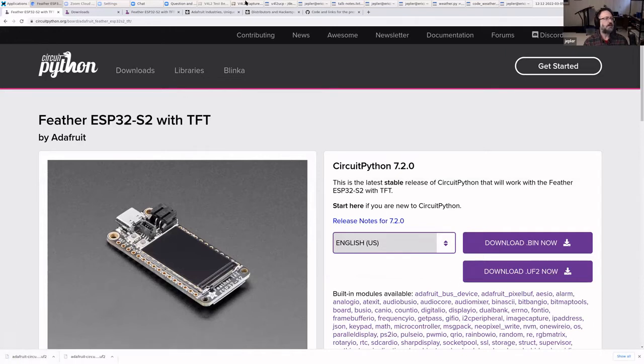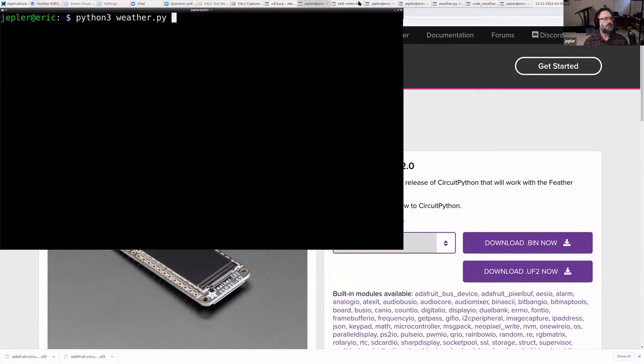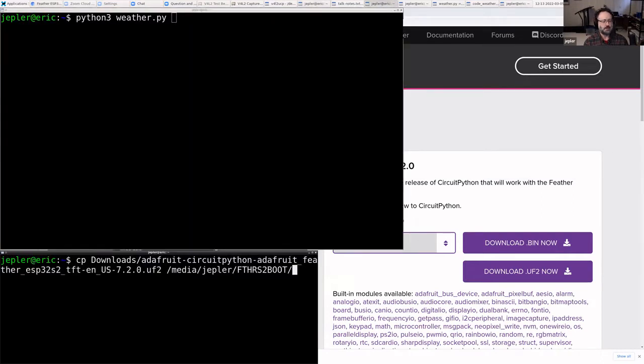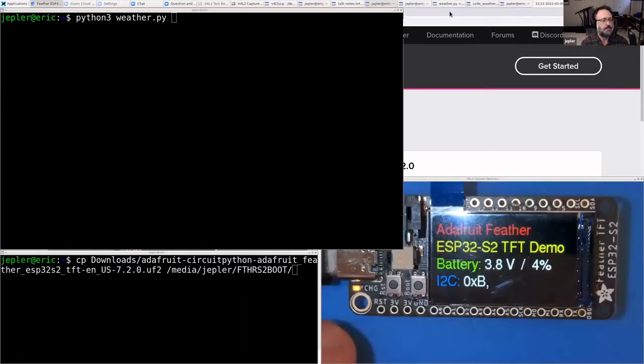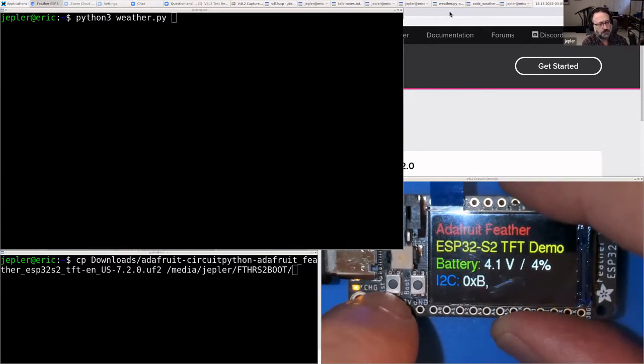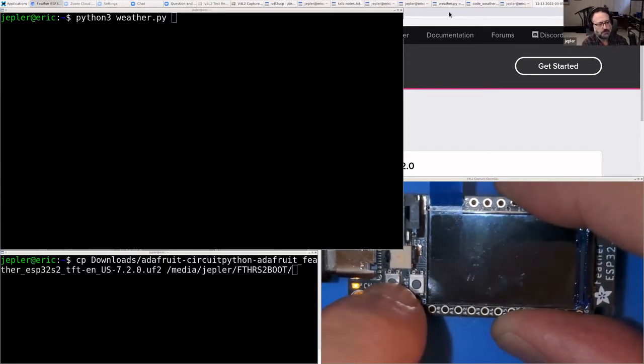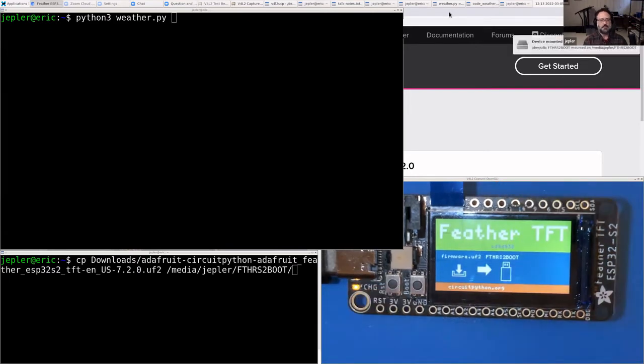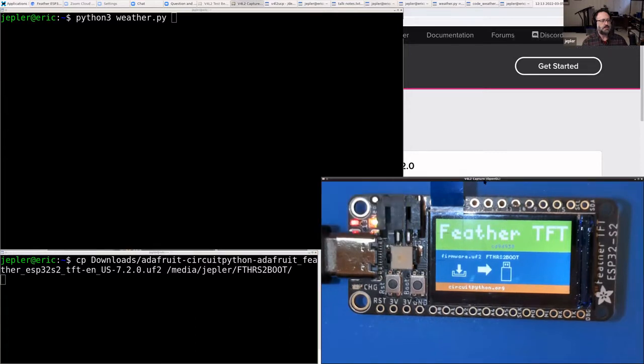There we go. And then I will head to my terminal because I'm a very terminal-centric person here. And you give it the secret handshake, which on this board is clicking the reset button twice, about a half a second apart. And that brings it into the bootloader. And you can see that it has appeared as a removable USB device. Then to install CircuitPython, you copy your UF2 file, which is the firmware, onto the boot device. And it's blinking its lights here and taking time to transfer the data.